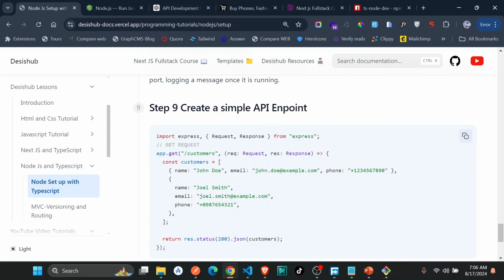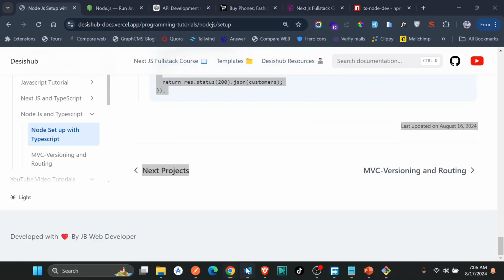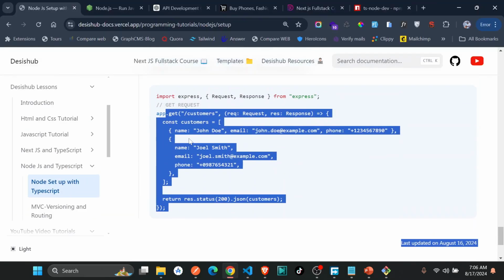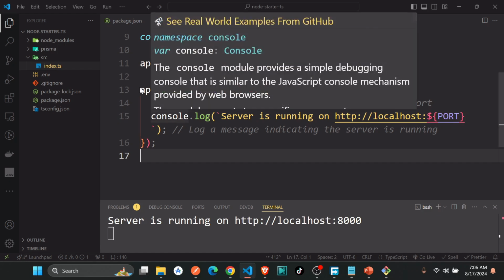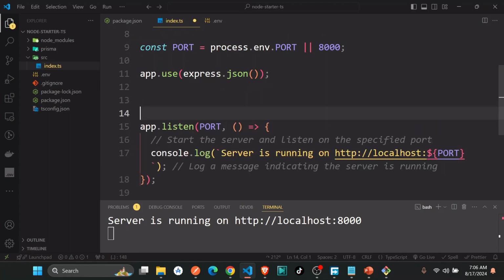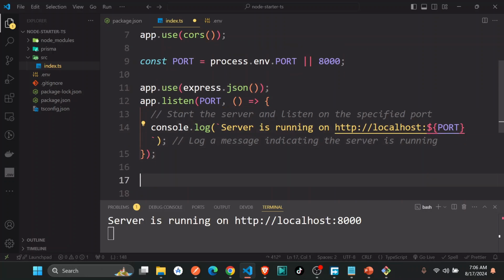After creating this app, we already have this app. It has all these methods on it, just like this. So I'm just going to go ahead and create a simple API. After starting the app here, let me just go down here. Okay, so let's create